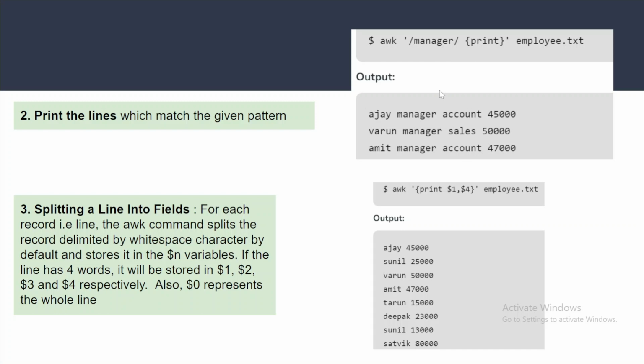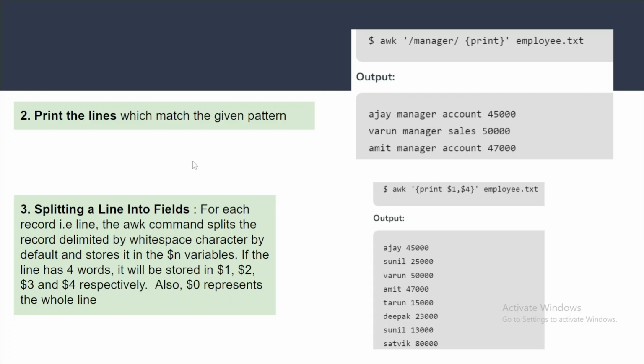For example, when you are dealing with any annotation file, the annotation file will have a lot of information, like information for the regions: exon, intron, coding region, non-coding region. If you are only interested in the coding region, you can fetch that coding region pattern and then subset those files. Because if you are going to work only on the coding regions, you can provide the selection, saying I'm only interested in coding regions. So the pattern will be the coding region you want to print, and provide the file name. It will give you the output of all the lines which have the coding region.